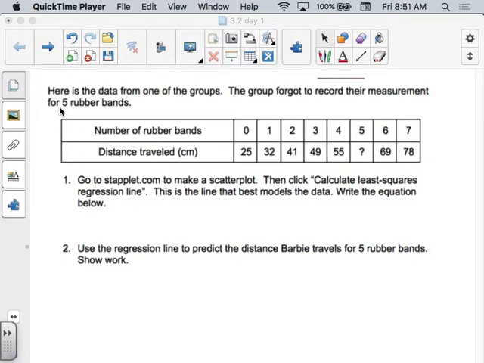What we're going to do is the whole first page, 1 through 6, in your group or on your own. You're going to answer 1 through 6, using the data they had on the rubber bands and the distance the Barbie traveled, and using some stuff on Stapplet, and it asks you each question. Then we're going to come back together and talk through some vocab words from it, okay? Alright, ready, set,